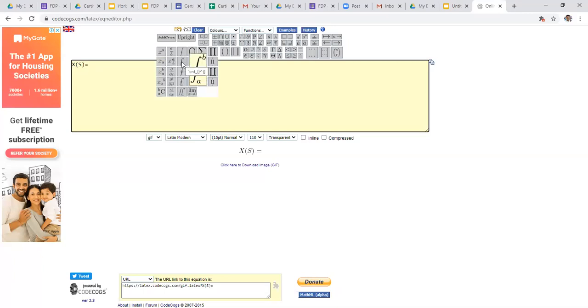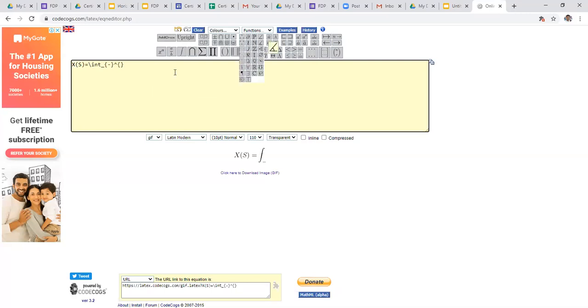Yes, this is integral with limits. The formula is from minus infinity to plus infinity. Is it right, sir? Yes, sir. Choose minus, then choose infinity. Infinity is available here.